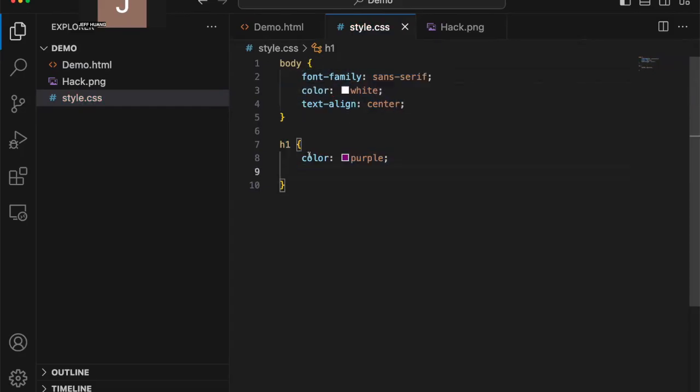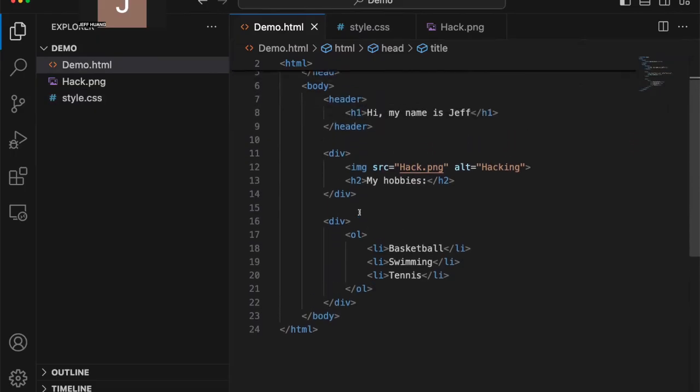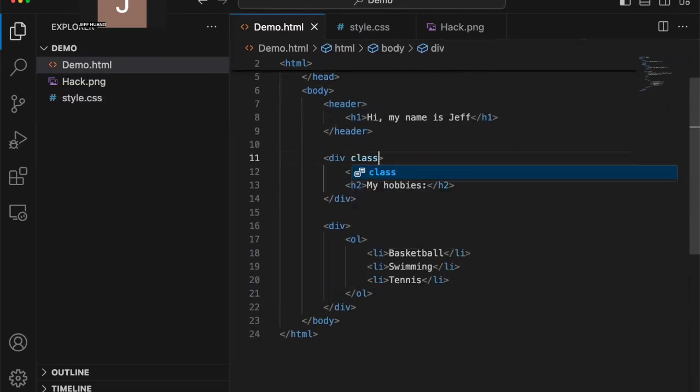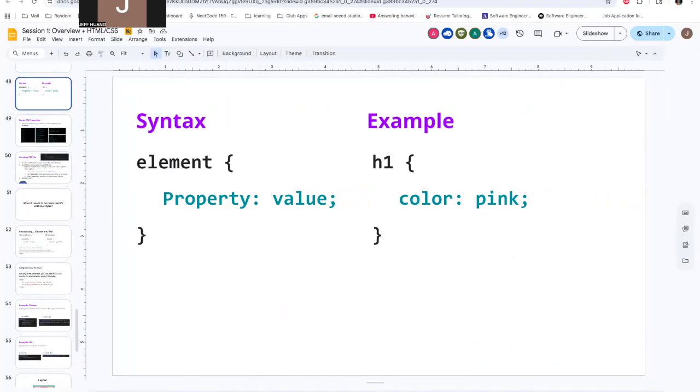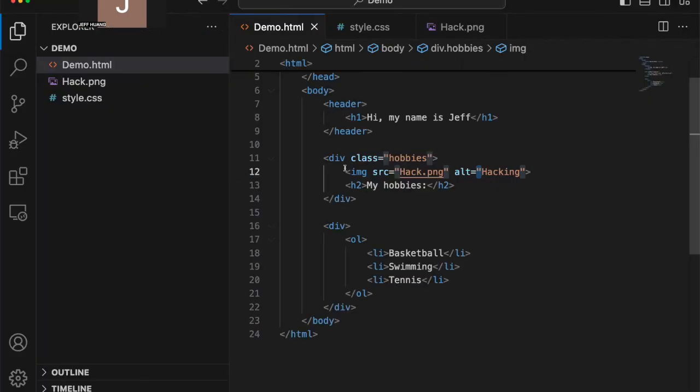We can also add classes. So let's say in this div you want to add a class, you would name it hobbies. And then you can change stuff about this. I think the image is a little big right now, so you can also change that. Since we have multiple divs, you would use this class to specify this div.